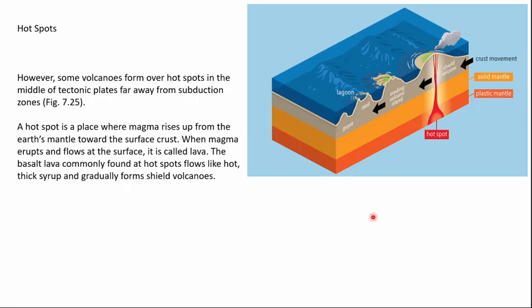It occurs just on its own when a hot magma plume, for some reason, finds its way all the way to the Earth's surface. That is what happens with the hotspots. So a hotspot is a place where magma rises from the Earth's mantle towards the Earth's surface. When magma erupts and flows, you already know that. So what happens is that a blob of magma